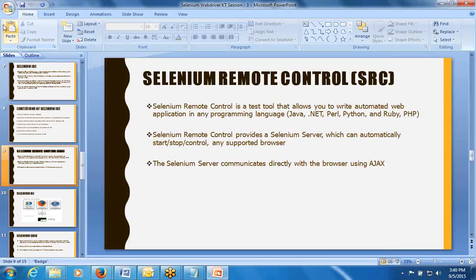I'm not at all talking about Selenium RC in these sessions. I'm concentrating only on the WebDriver, because that's our learning curve, and that's the latest one. Even so, knowing how you need to convert the scripting and the complete architecture itself is a different thing. For example, if you want to see how it was different,